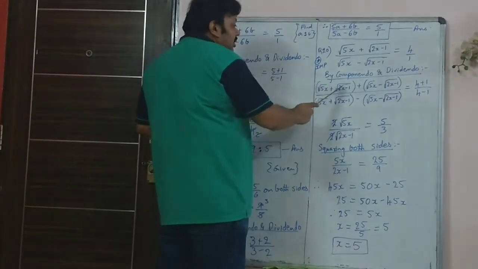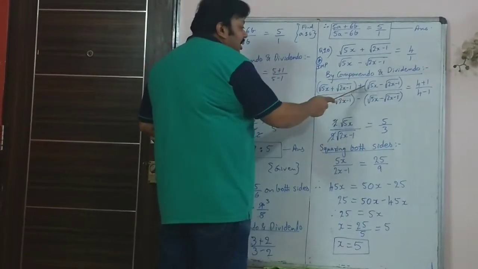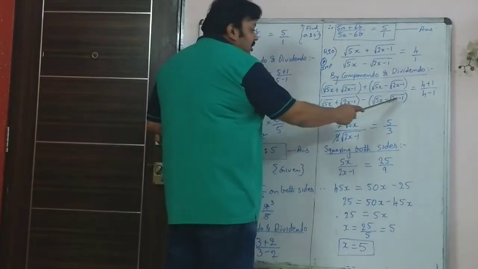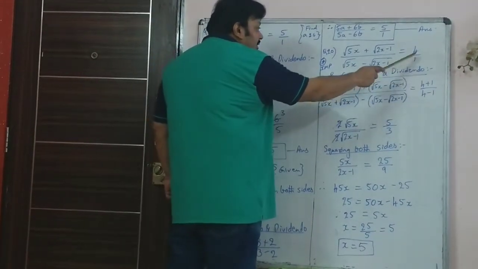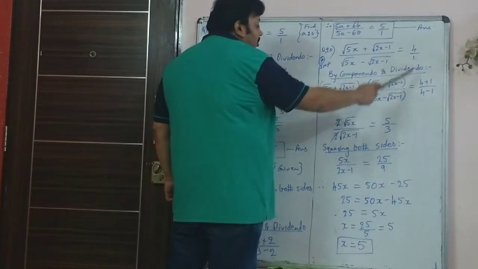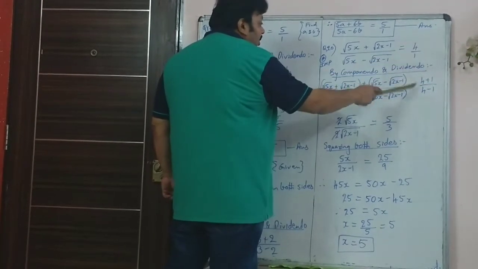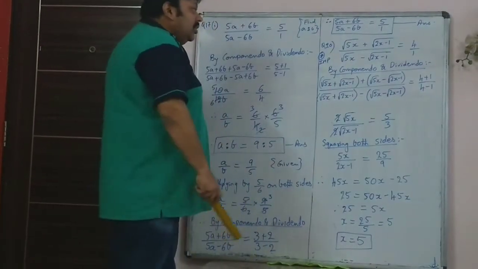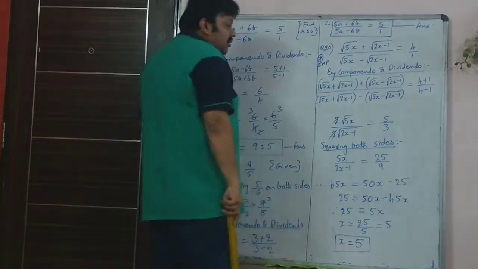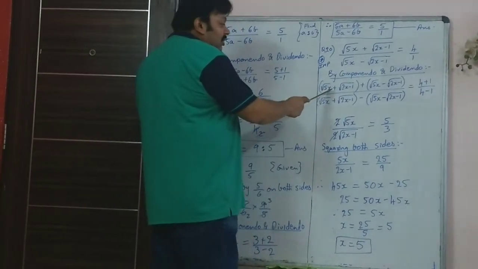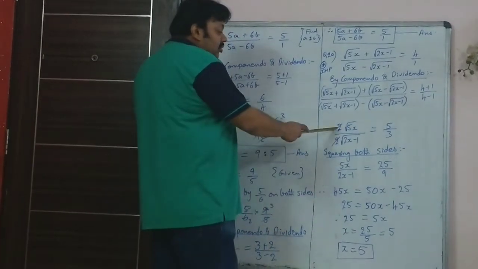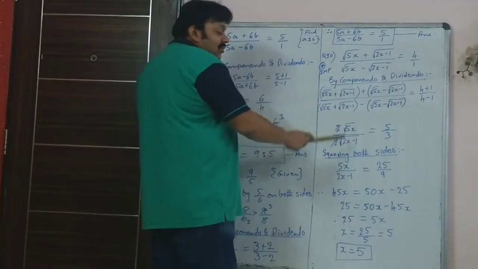So numerator plus the denominator as it is upon numerator minus the denominator. That side also you have to do the same thing. So it will be 4 plus 1 numerator plus denominator upon numerator minus denominator. So in the numerator, these two terms, this and this gets cancelled. So you are left with root 5x, under root of 5x plus under root of 5x. So that is 2 times under root 5x.